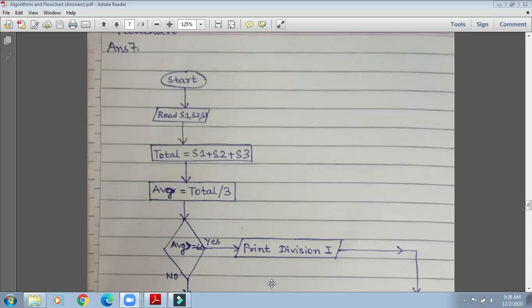Now suppose the three numbers that I am having are: one number is 10, one number is 30, and one number is 20. Now what will happen? See, the process is going on.